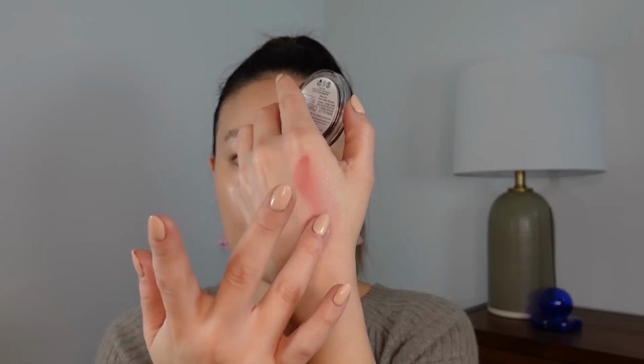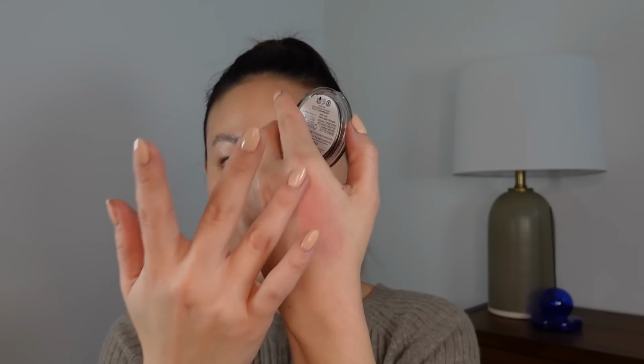So let me just swatch it for you. This might be a little bit more pinky than I'm going for today, but it does have this really interesting feel. It's very thin, and on the skin it creates a really nice, even sheer wash of color, and then it kind of sets down into a powder-like formula. It's quite unique,